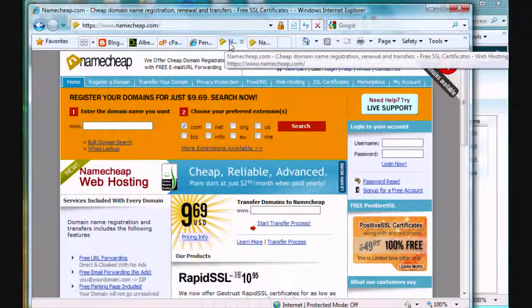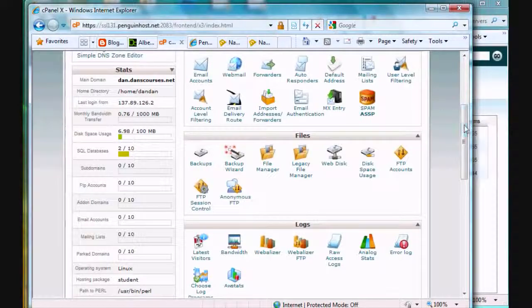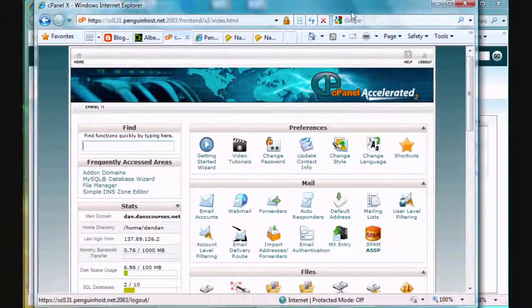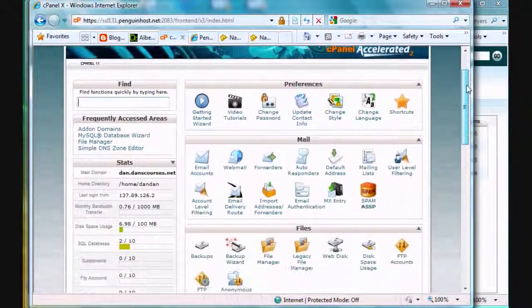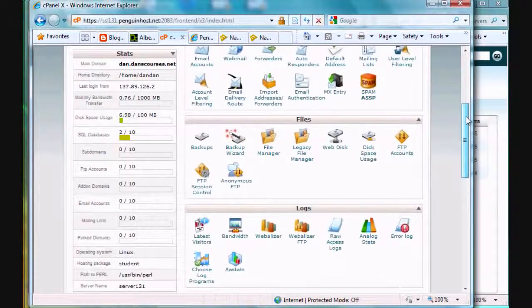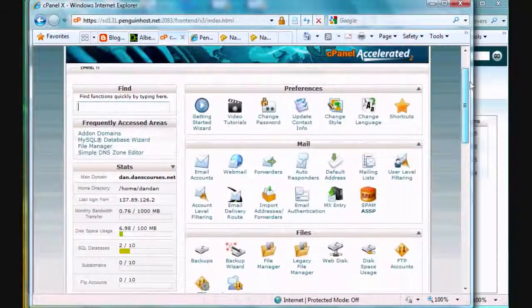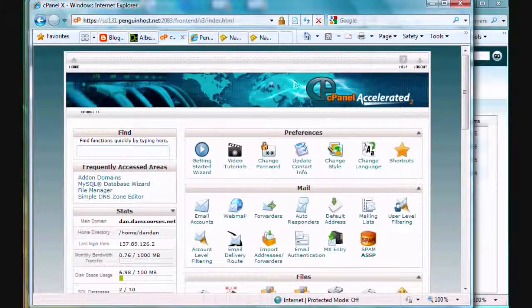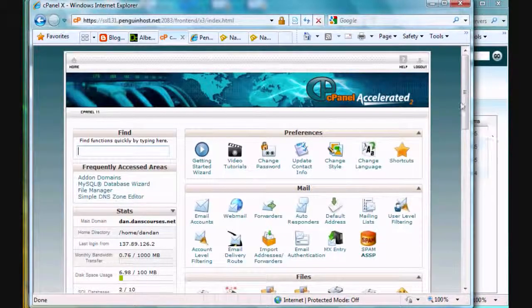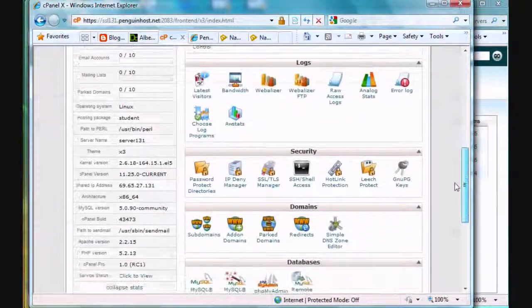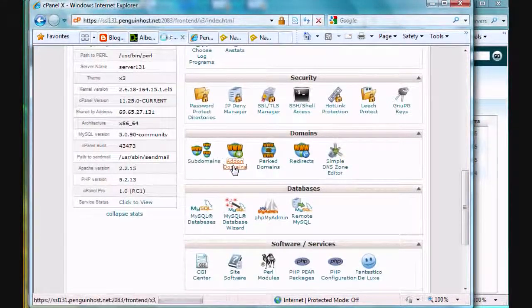Now it might take some time, but eventually I'm going to go back to the Control Panel here. I'm not sure if this is going to work right away, and last time it didn't work right away. It might take some time to register, and that could be the problem, but in a short period of time that will register. I've already told Namecheap to point that domain name to my web host's DNS servers. So I'm transferring control over to here, but now in my web host I have to add it as an add-on domain. So I go down to Domains and I click Add-on Domains,